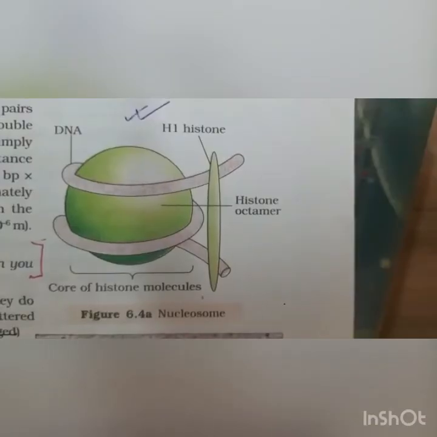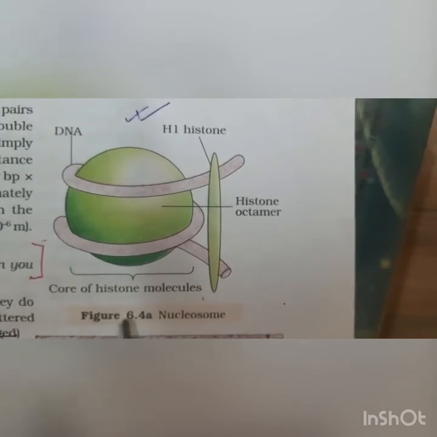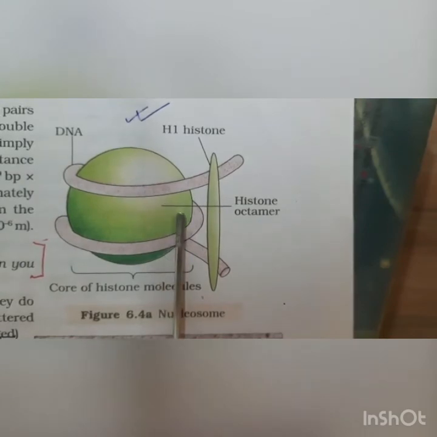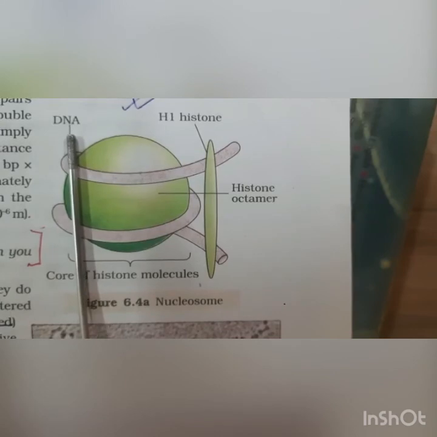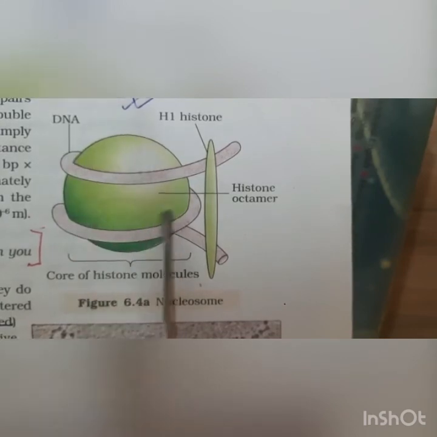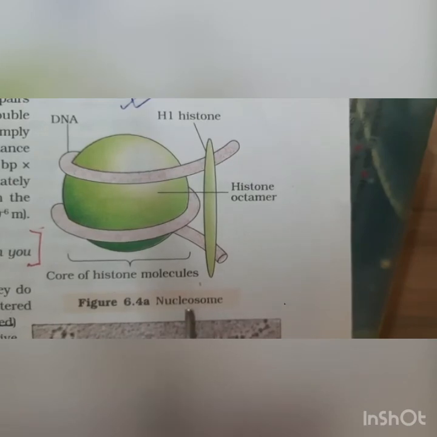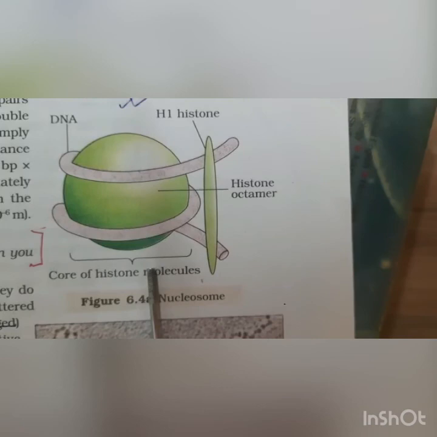Let us see the diagram. Yes, my dear students, here you can see the structure of a nucleosome. This is a very important diagram for your examination also. Here you can see that the DNA is negatively charged, how it remains wrapped around the histone octamer and thus it forms a structure which is known as the nucleosome. This diagram is very important. So my dear students, you will draw this diagram and write the notes.